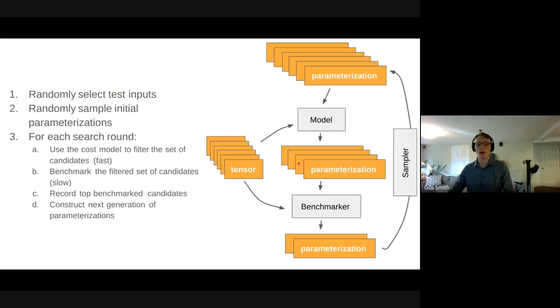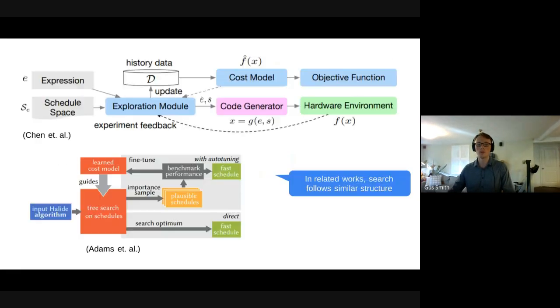What usually happens is, after measurement, you now have a new set of data. You've actually done real experiments. You now have the parameterization and the actual runtime that it produced. So why not use that new set of data to do another round of training on your cost model? We're not doing that, but it's not too big of a step. There's no reason we couldn't do that. It's just a nice little added bonus to throw in.